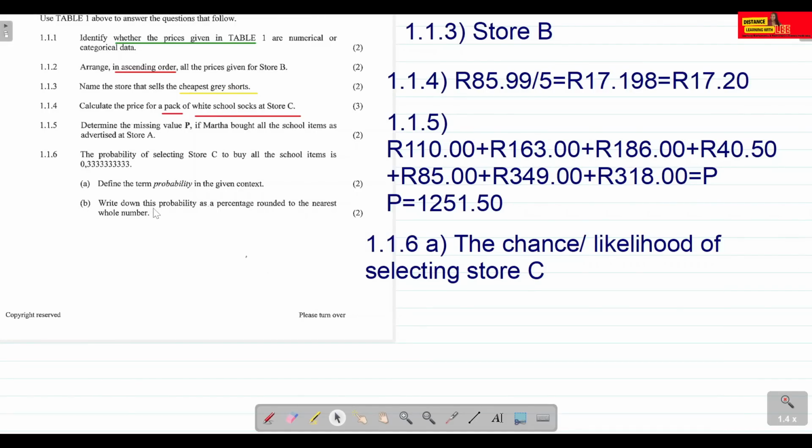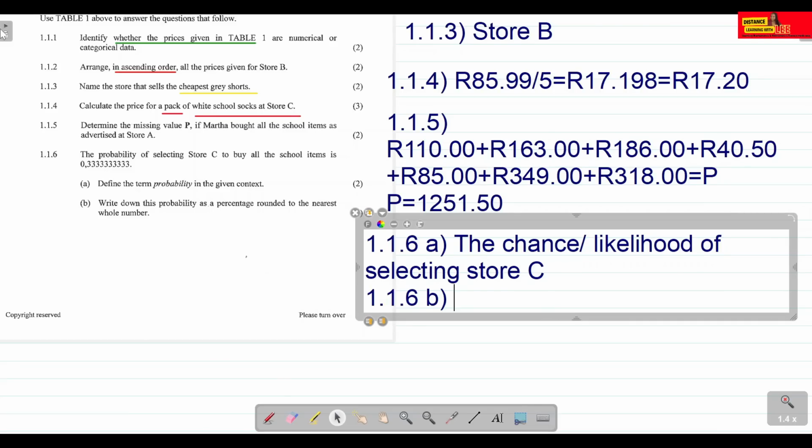Write down this probability as a percentage rounded to the nearest whole number. So if we already know that the probability of selecting store C is 0.3333 recurring, how would we write down this probability as a percentage? All you need to do is take that value of 0.33333 and multiply that by 100 to get the percentage, and you'll find that your answer is going to be